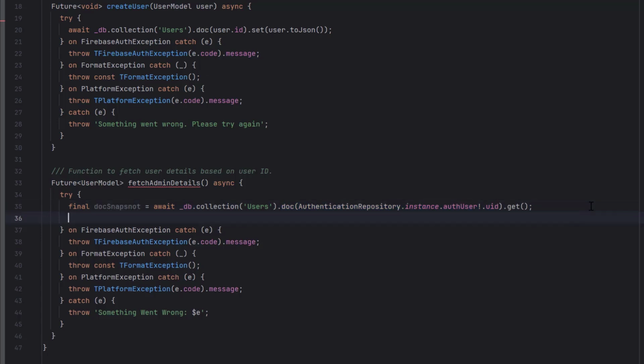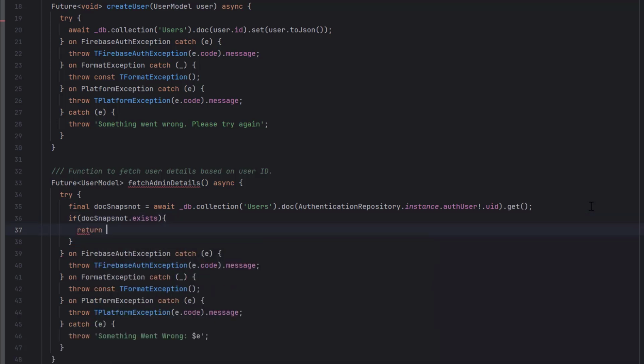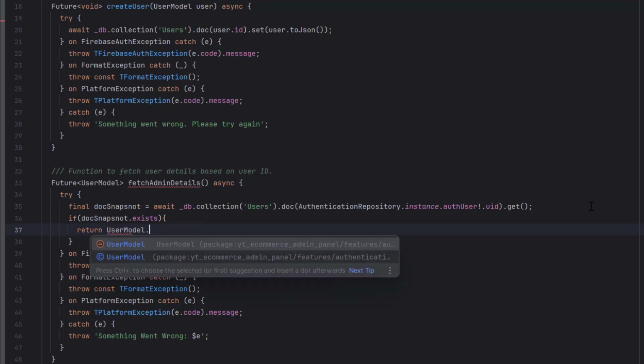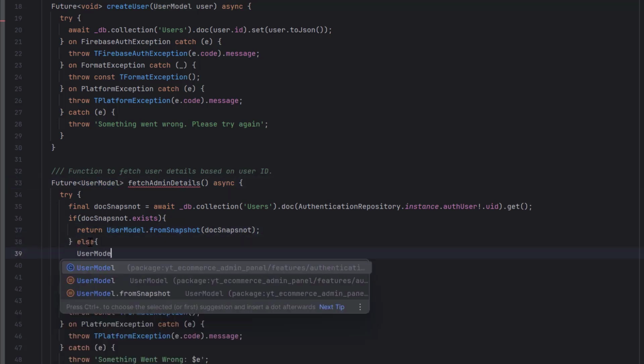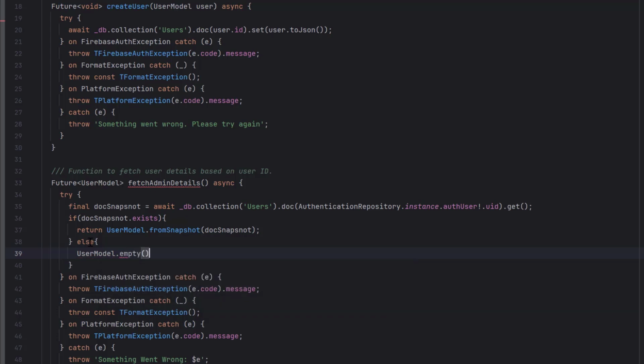And just at the time of returning, we have to check if document snapshot dot exists. This means that if it is not null, we want to return user model dot from snapshot, because we will receive the JSON over here. So we have to receive the JSON and convert the JSON into a user model. And for that, we have to pass this document snapshot, and it will return this user model, and this user model will be returned. And if there is nothing, we want to return user model dot empty,